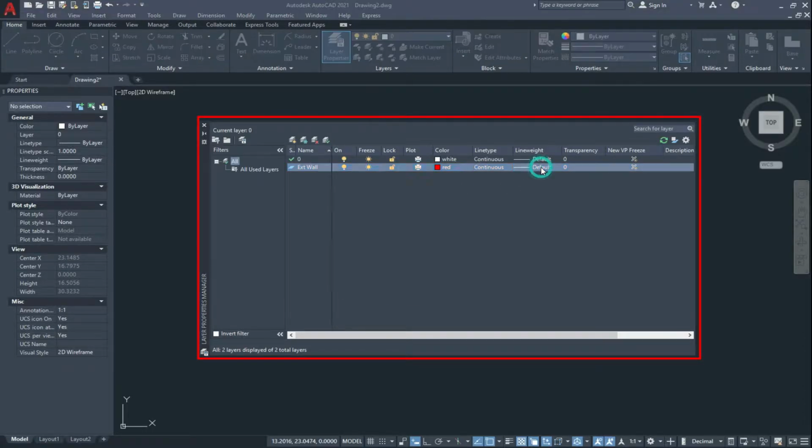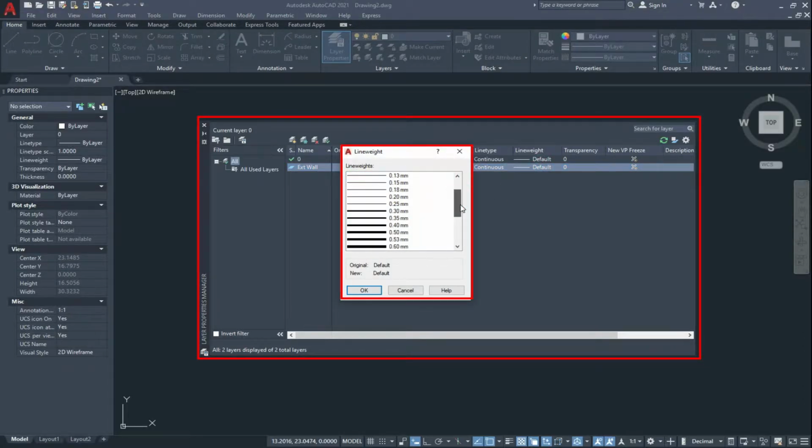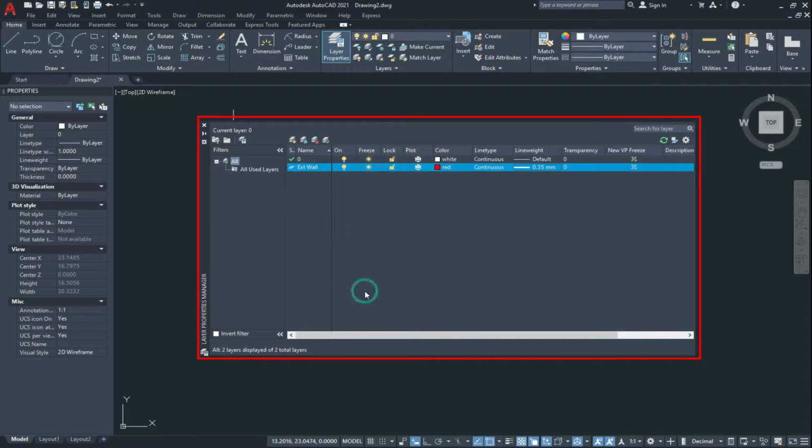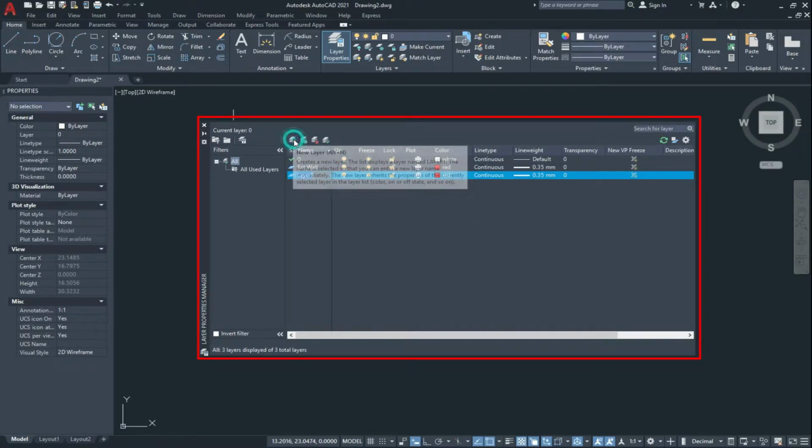You can also change the line weight. We give the line weight 0.35 millimeter and OK. So in this way we can change the properties of different layers. Now first we create all of our layers, then one by one we can discuss all of these properties. So create layers